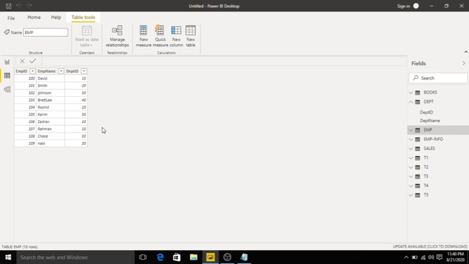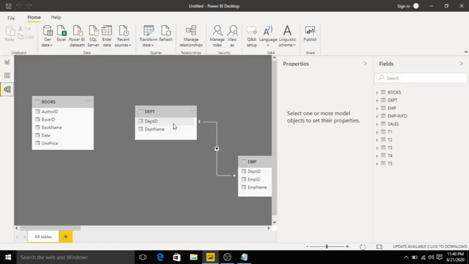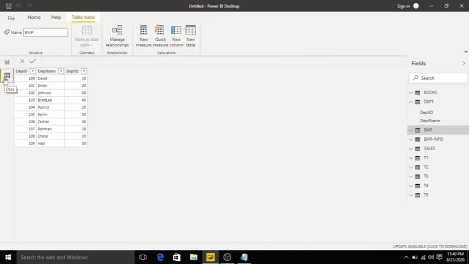First of all, we need a relation between employee department number and department ID. Go to the relationship area. See the department employee relation. Go to data transformation. In the employee table, I want to add another column. Click new column.